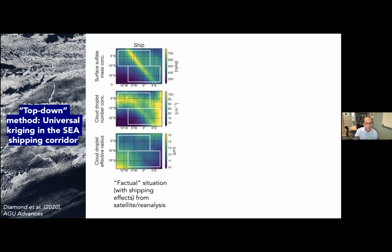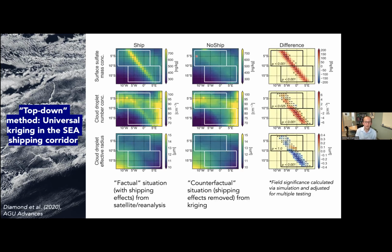What we're going to do is take the surrounding areas that we believe are not affected by ships, at least in the shipping corridor, and use their spatial statistics to create this counterfactual situation: what would this area look like if that shipping didn't exist? I'm going to go through the details here, but to show you how this works in the result, we can interpret the difference between the actual situation and the counterfactual as the causal effect of ships